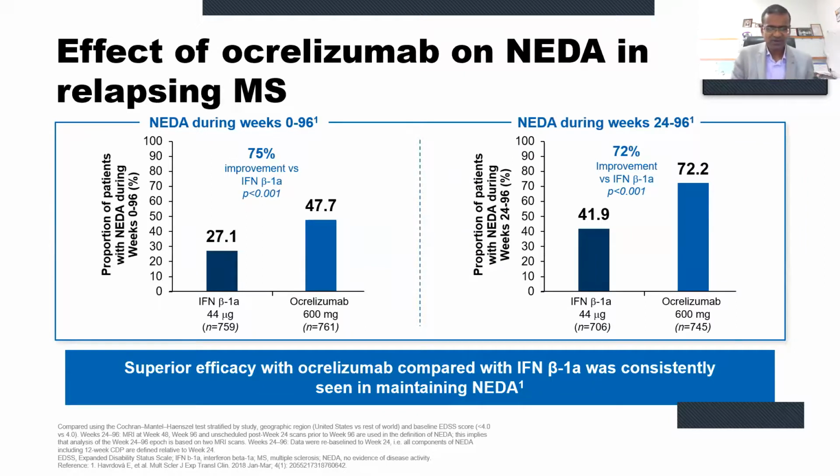The second study is looking at ocrelizumab, which is commonly available in Europe. It's not available in India yet, but the study also shows the same thing. Here they have compared interferon beta 1a, which we commonly use as Avonex, with ocrelizumab. If you see NIDA during weeks 0 to 96, there is almost 75% improvement over interferon with ocrelizumab, and again during weeks 24 to 96, almost 72% improvement. So for the long term, the studies also show that ocrelizumab has superior efficacy as compared to interferon beta 1a in